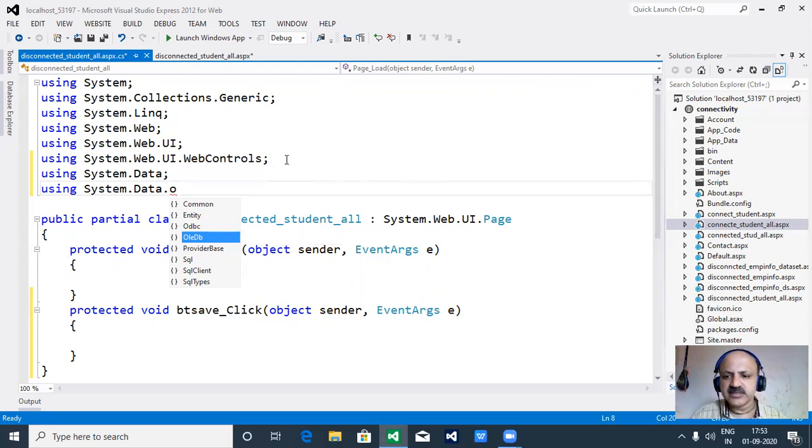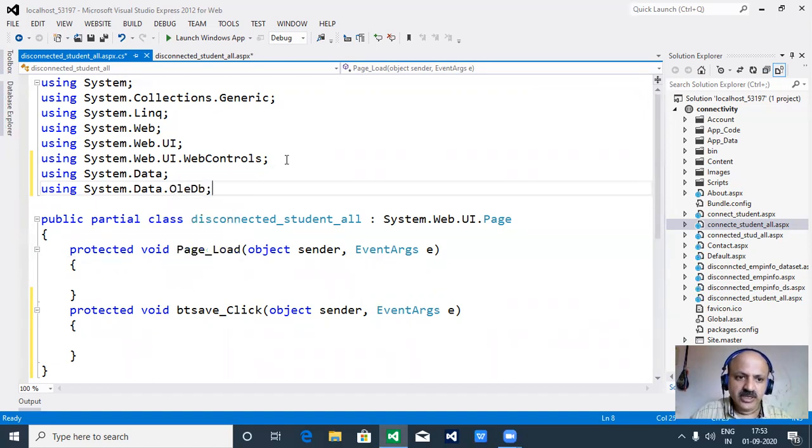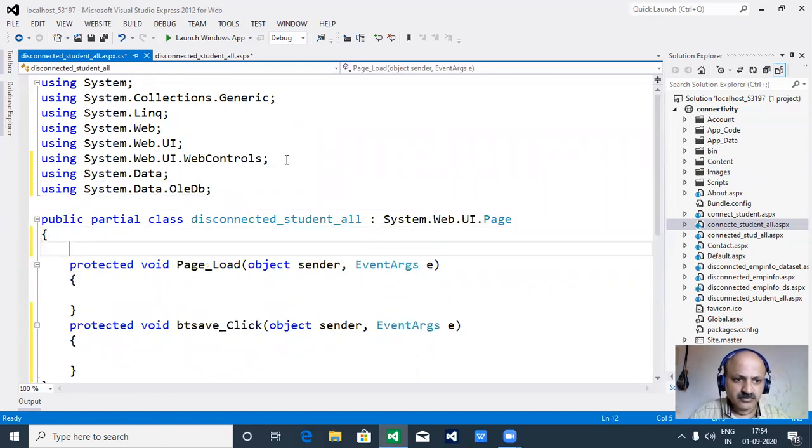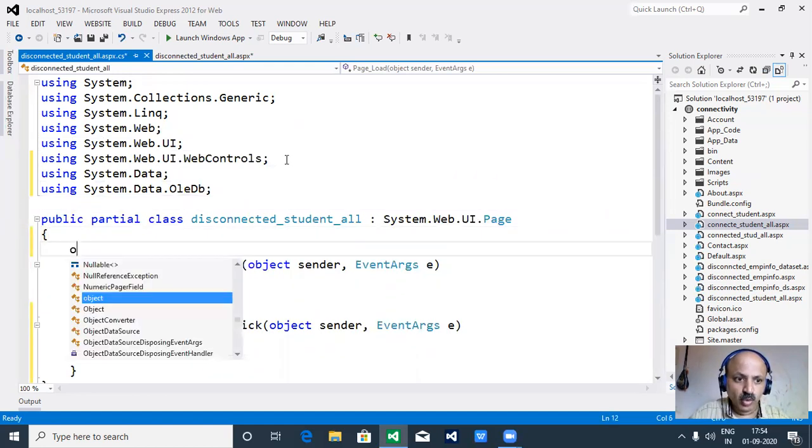Any version, here I use Microsoft Office 2013. You can also use previously 2003 or 2007 Office, there is no issue. So my point is, remember you have to provide both separately, otherwise you get an error, because that is a disconnected architecture. Now our coding.